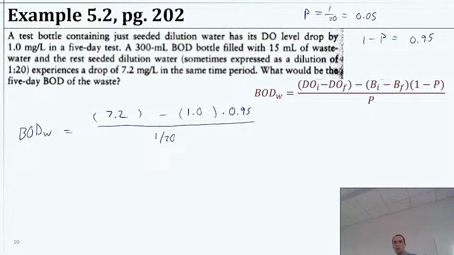So 1 over 20 is 0.05, it's like 5%, right? 5% chance to roll a 1 on a D20. So 1 minus that would be 0.95. So you get 7.2 minus 1 times 0.95, all that multiplied by 20. So this would be,